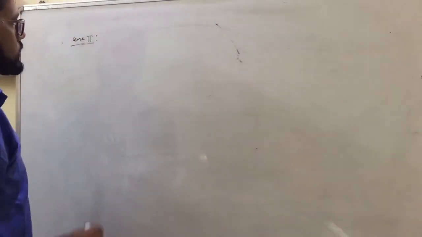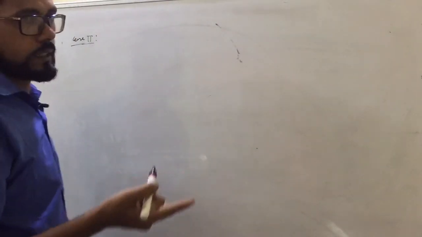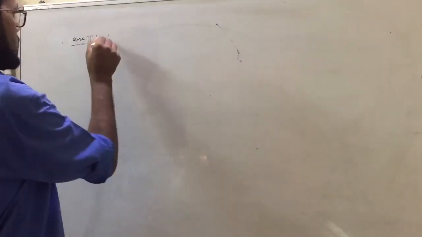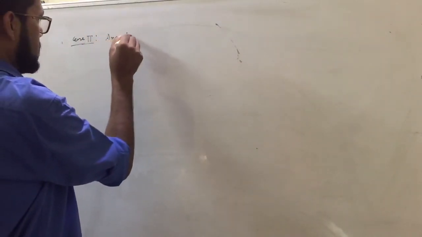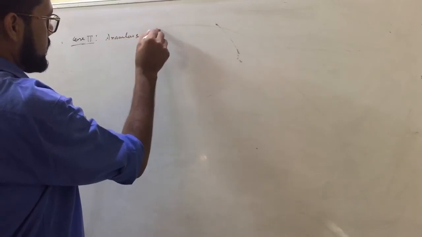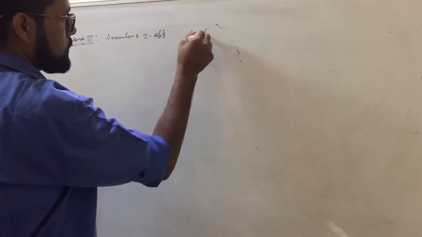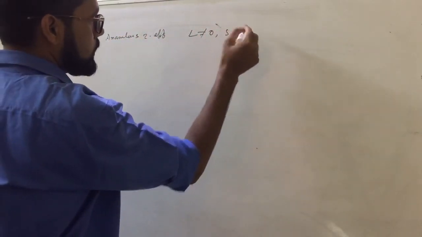In case 2, we are going to consider the anomalous Zeeman effect. The anomalous Zeeman effect is defined by L not equal to 0 and S not equal to 0. In that case,